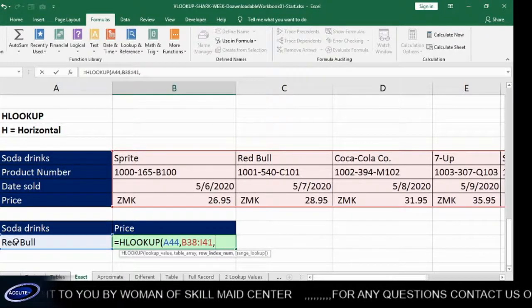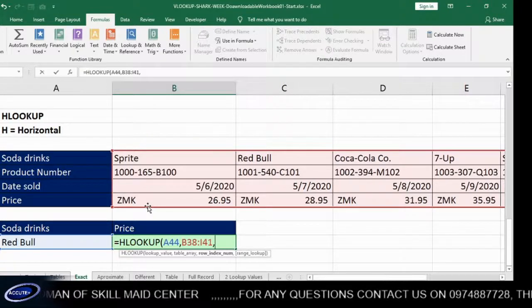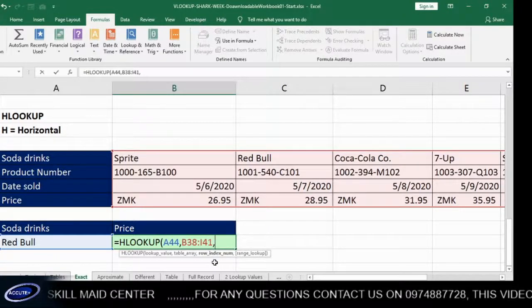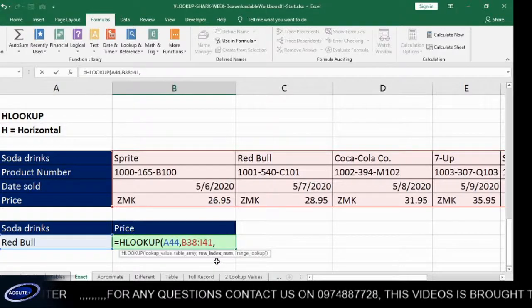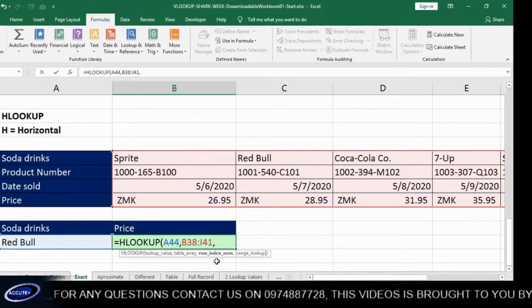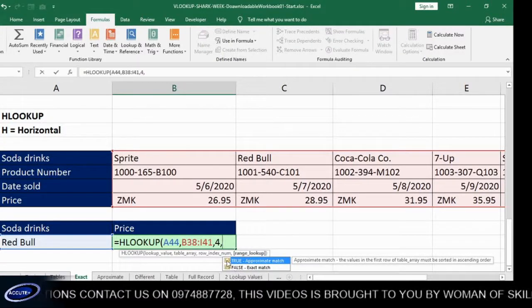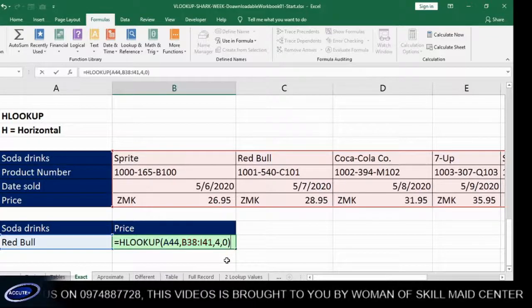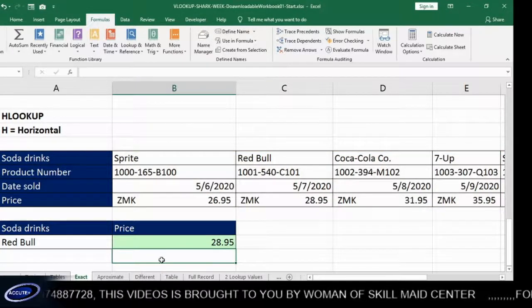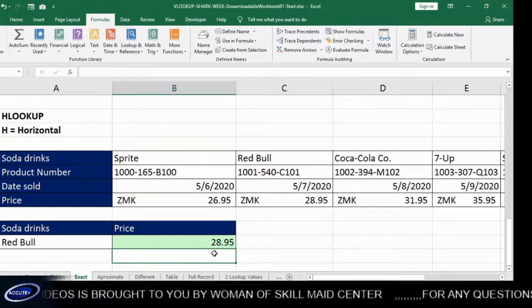So in this case we want to pick up the price, so it's on number 4. Here we're dealing with the row, not the column. We're dealing now with the rows. So now we say give us number 4, comma, it's supposed to be exact. We press the 0, then we press enter, and now for Red Bull it's giving us